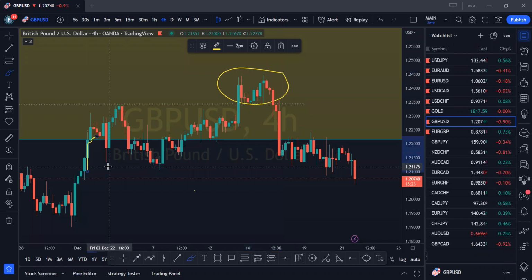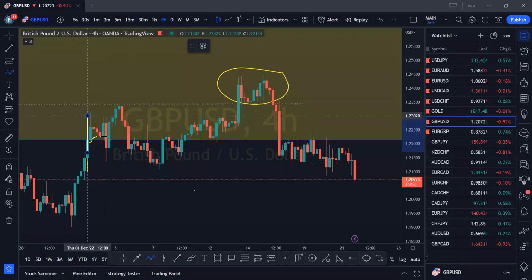What I always tell you is that you want to wait for people to enter first. Because at the first point of mitigation of a supply zone or a demand zone, there's going to be a market structure that will look like indeed price is about to drop. So a lot of people will be wooed to take a sell, and that happened here. We had some sort of M pattern here. We also had some sort of head and shoulders forming here.